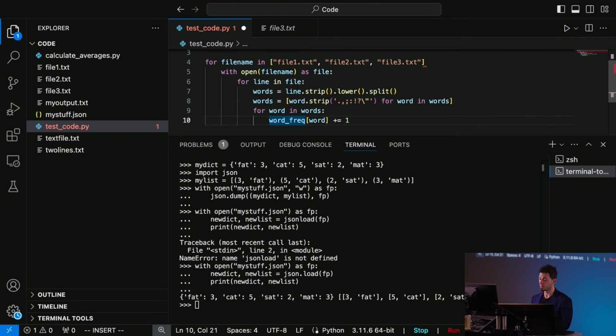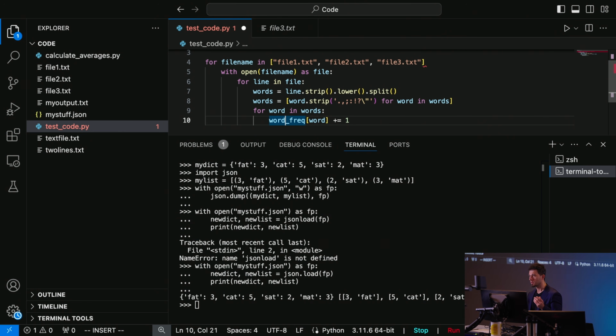What is the problem that might happen? This is debugging, okay? So you need to get used to debugging code. You haven't assigned the word yet, so to actually add it to the dictionary, you need to assign it, word freq. Okay, so,